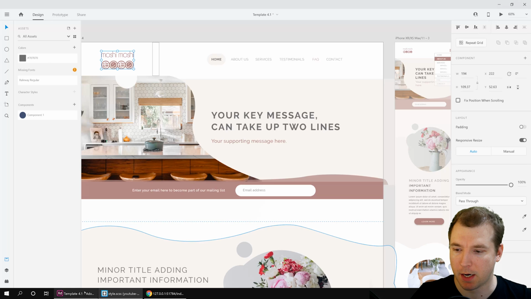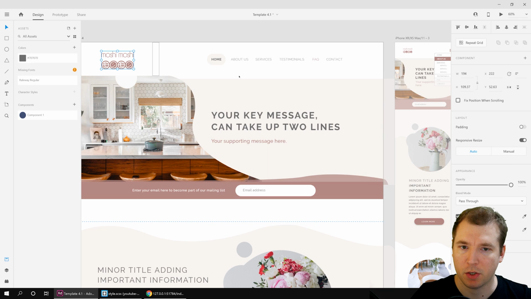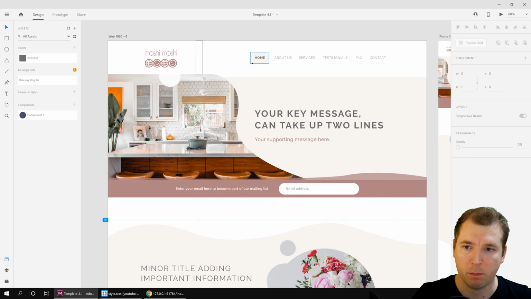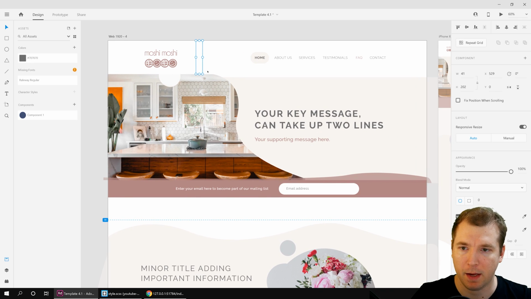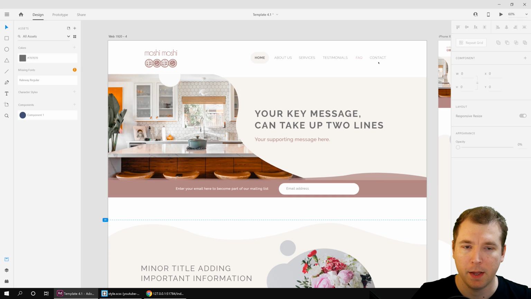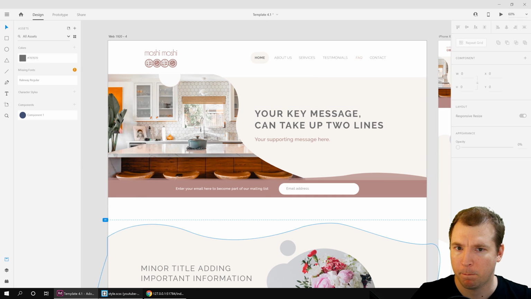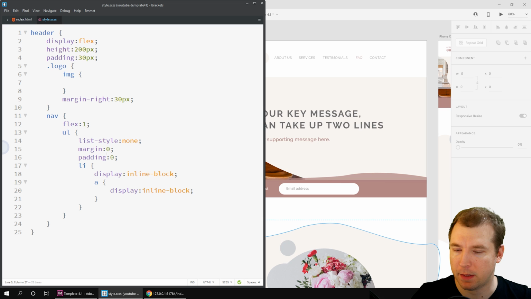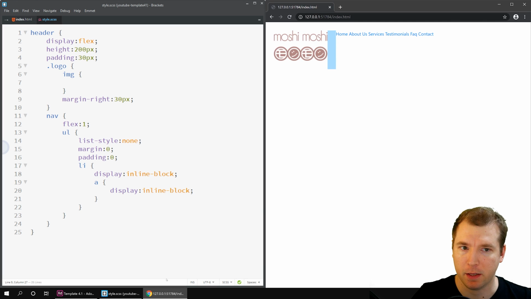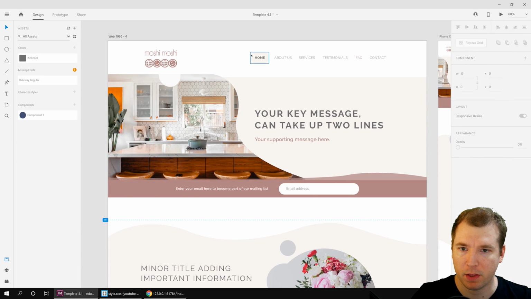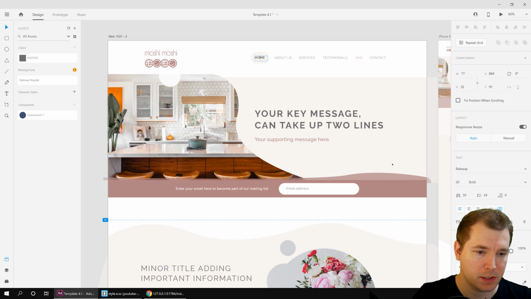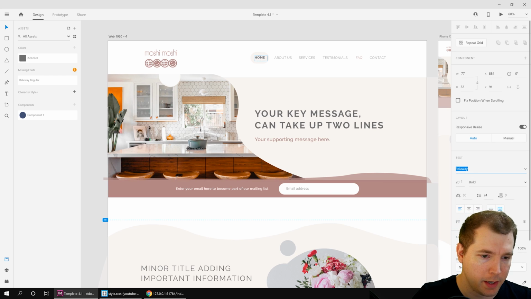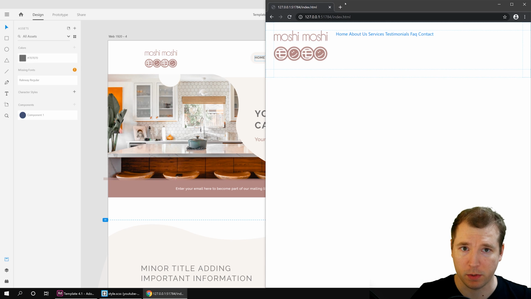Let's double check our design doc here. So it's about 50-50, but there's a lot of padding happening here between the logo and the menu. For now, let's not worry about that too much. Let's focus on the styling of our menu. So if we have a look at the styling here, these elements here are Raleway with a font size of 20 in bold. So what we'll do is we'll jump into Google